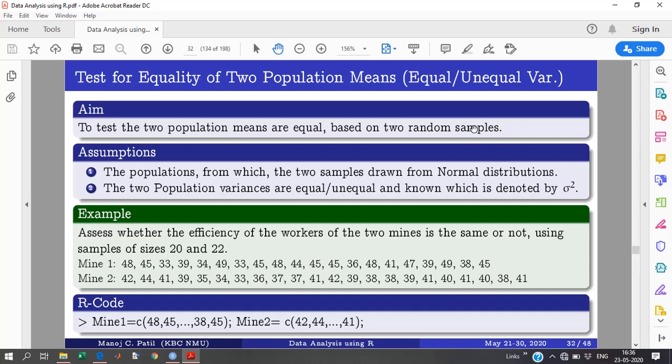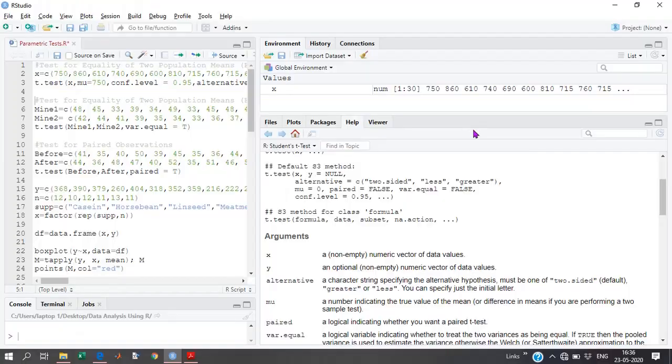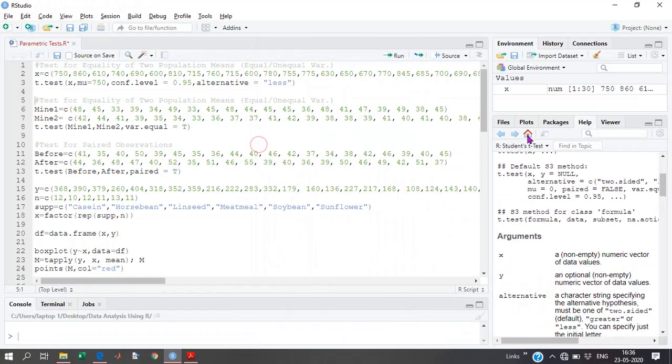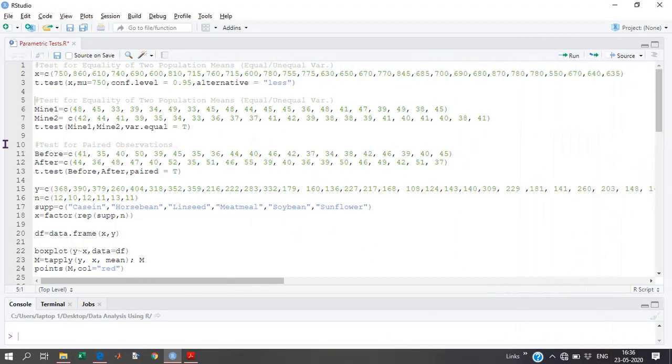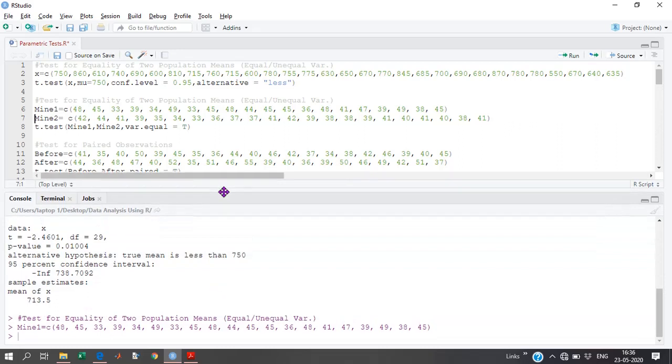That's simple. t.test, again that same command, mine 1, mine 2. No need to provide mu, as we have to verify mu1 equals mu2. Assume variances are equal here. I haven't given any confidence interval. Let's see what it prints. Moving towards R. No need for help right now. Mine 1, mine 2,